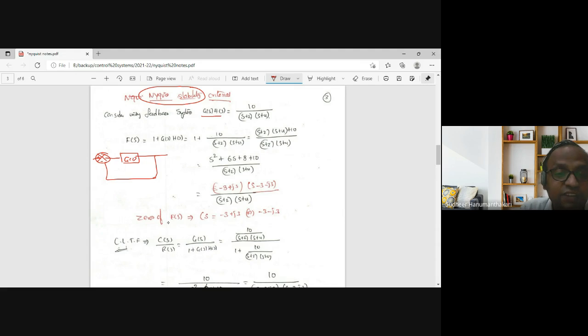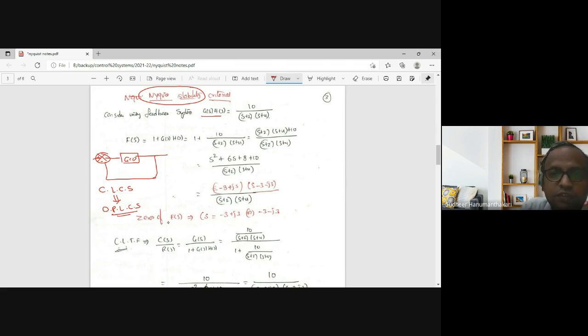So what exactly are we doing? We are estimating the stability of a closed loop control system based upon data available of only the open loop control system. Only the open loop control system. I hope you got an idea. Okay. Now we will see what my f of s is, and how I can draw the Nyquist plot. So rather than taking a generalized statement, let me take a particular one. That is g of s into h of s is equal to 10 by s plus 2 by s plus